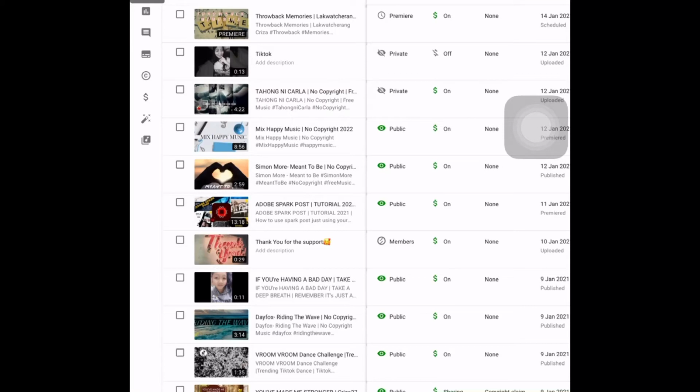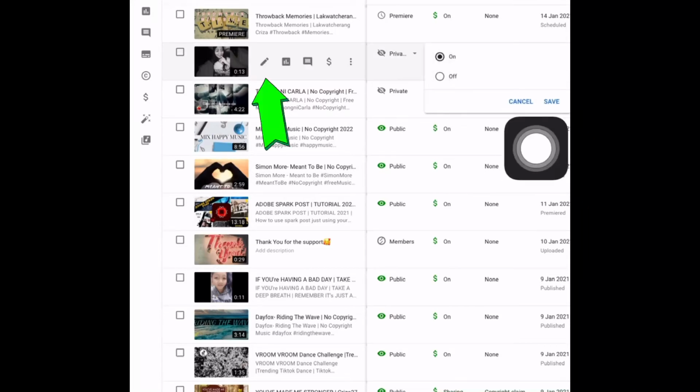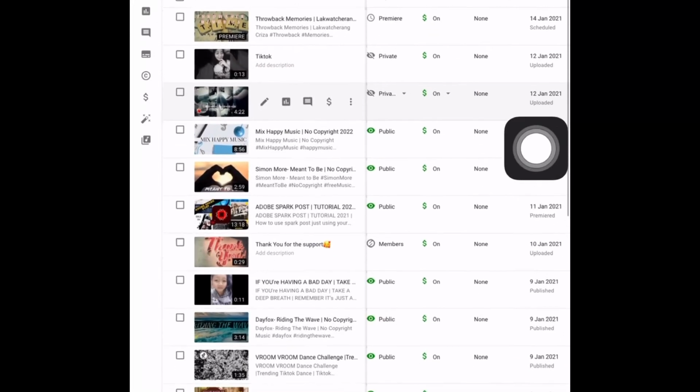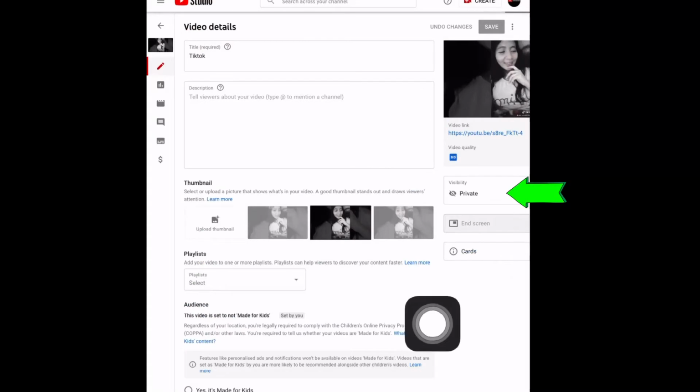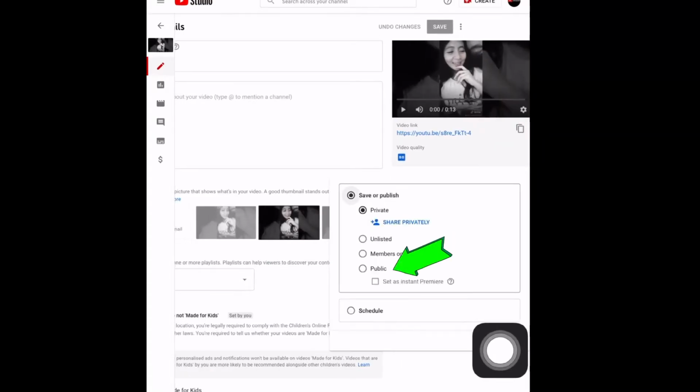We just need to click it, and you can see the pencil sign. Just click it to edit. After that, let's go to its visibility. Let's make it public